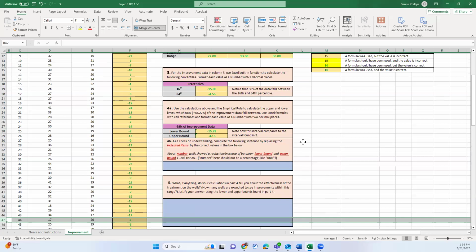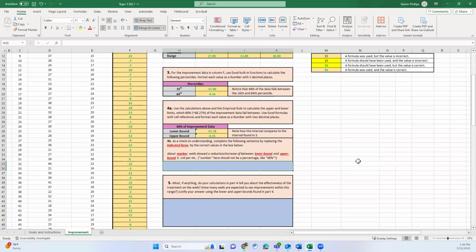So what does that equal? What is 117 times 0.6827, right? And we're going to round it to the nearest well. So that would be 80. So I would then come here and I would say, because I'm not going to put a part of a well, about 80 wells showed